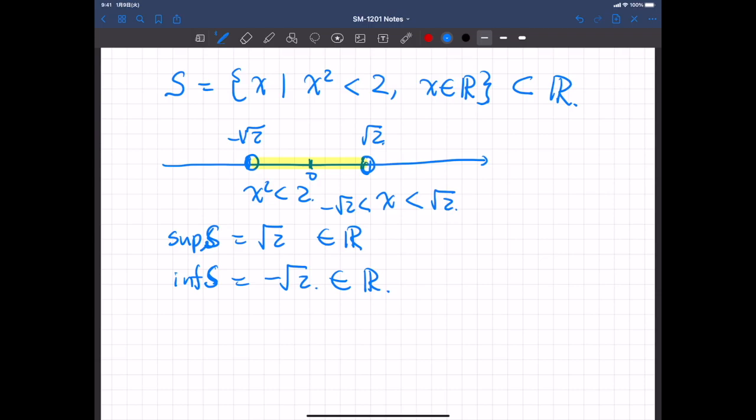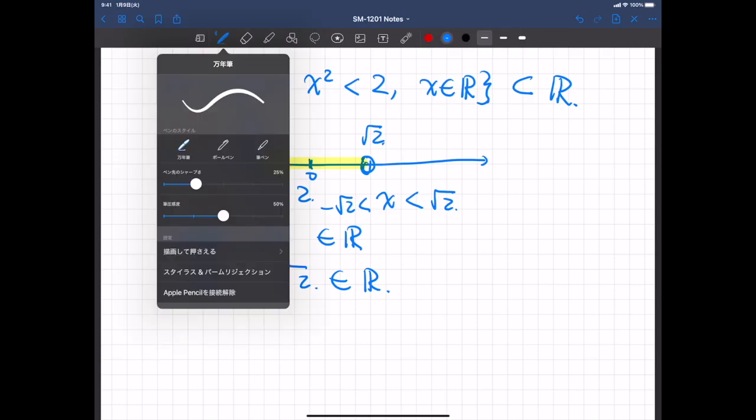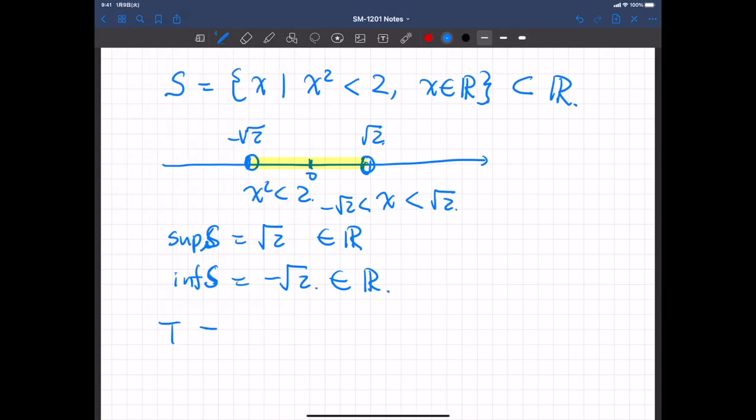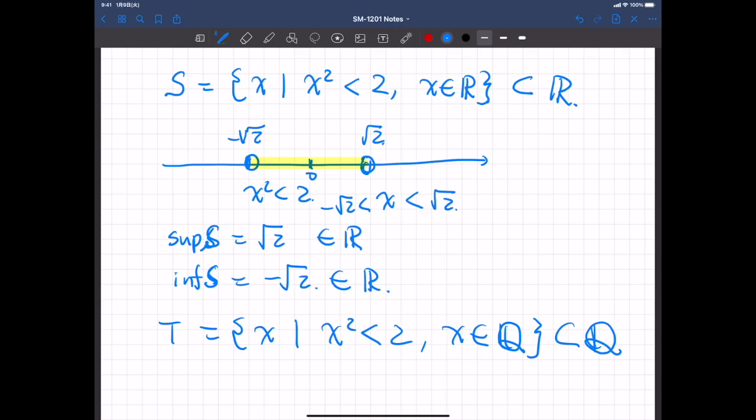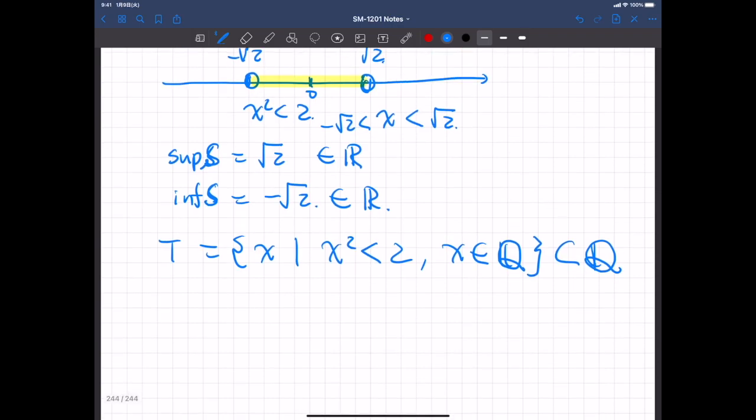But if we consider, so let's say, a subset of rational numbers, so x squared is less than 2 and x are all rational numbers. So this is a subset of rational numbers. Okay. In this case,